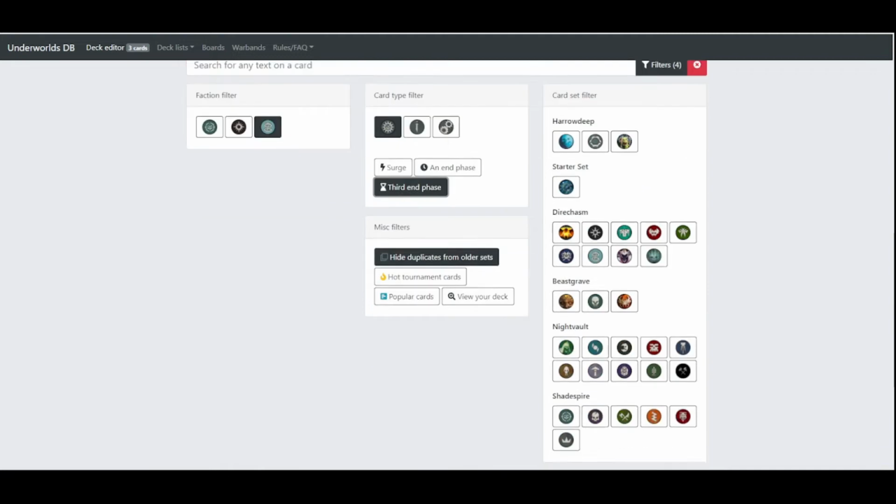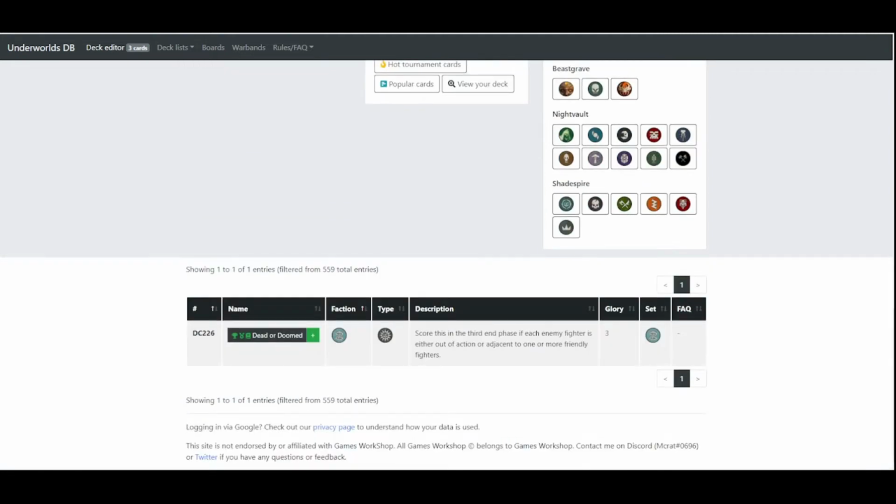Let's click for the third end phase here. This is the card I will include, Dead or Doomed. Scores in the third end phase if each enemy fighter is either out of action or adjacent to one or more friendly fighters. So by the time the third end phase rolls around, with the Soulraid, which are super deadly,